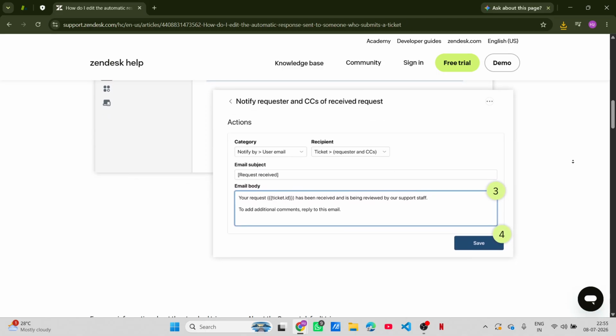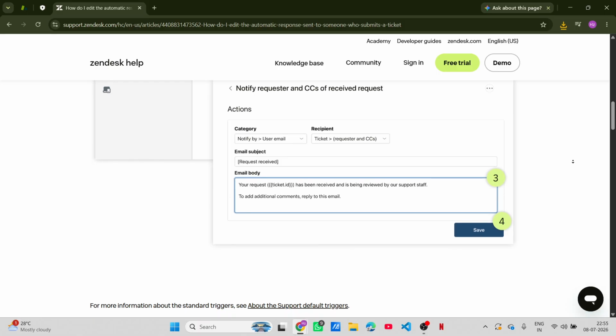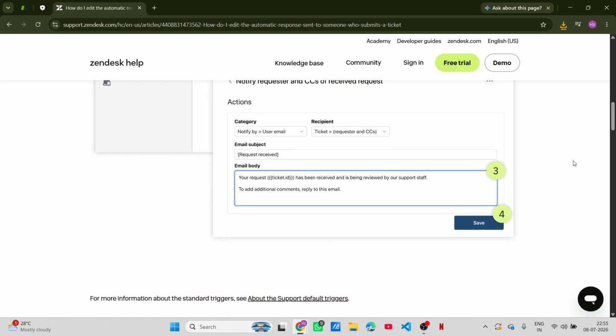Now we can edit the auto-reply message. Once you're in the trigger settings, scroll down until you find the email actions. In this section, you'll find the email body that contains the message your customers receive. Take a moment to update the text. Whether you want to change the tone, add new information, or simply refresh the message, this is where you make it happen. Make sure that the new message aligns with your overall customer service approach and addresses any current issues